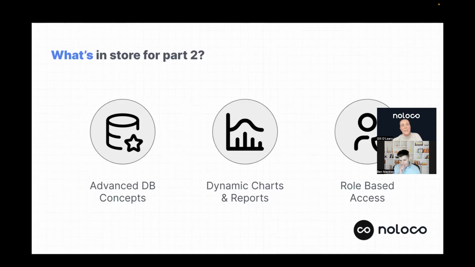So think things like many-to-many relationships, junction objects, and understanding when to use them, why to use them, and what ultimately that will allow me to do in the front end if I structure my data in this more sophisticated way. And that will lead us nicely into the next part, where we'll go into the app builder itself and start